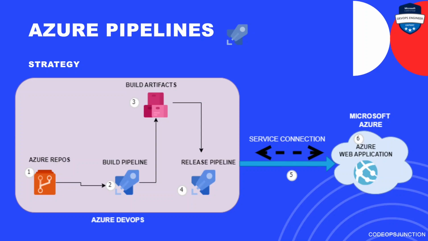So in step number 5 we are creating a service connection, and in step number 6 we are pushing or releasing our artifacts from the release pipeline to the Azure web application. If you don't know, an Azure web application is used to host our web page or our artifacts. So I hope this strategy is well understood by you. Moving ahead,